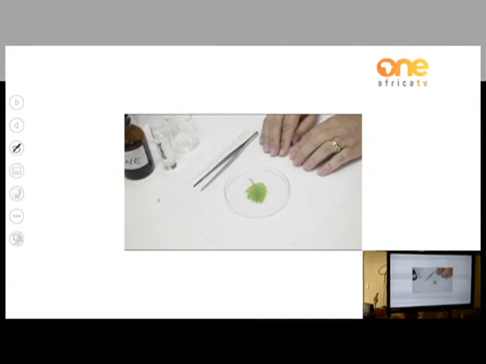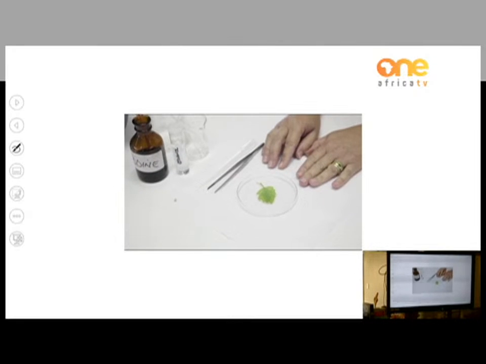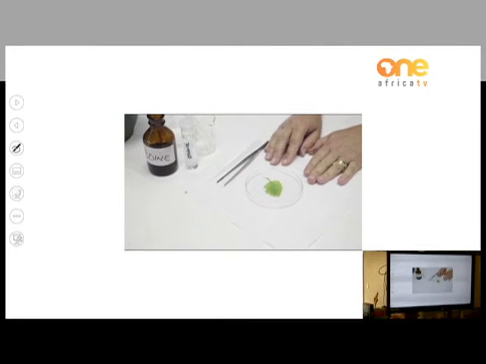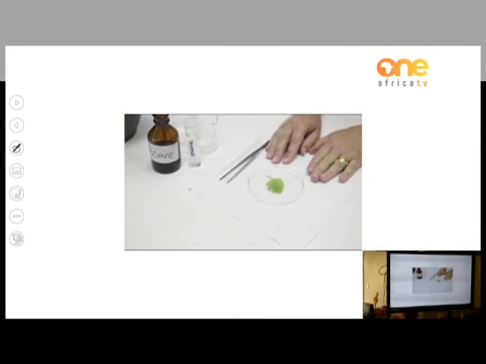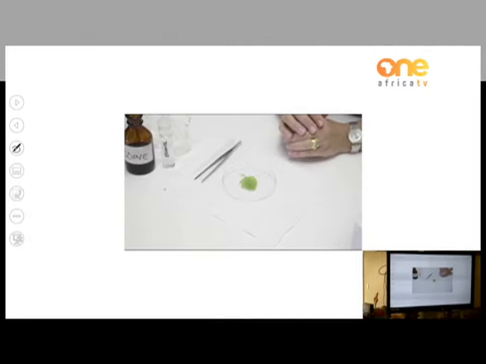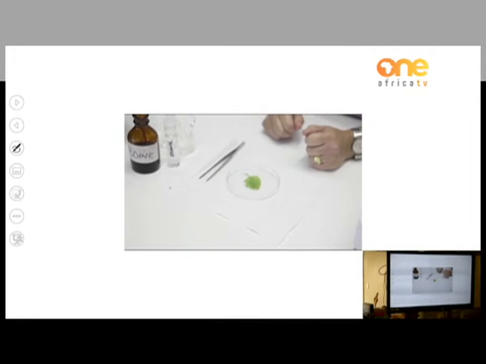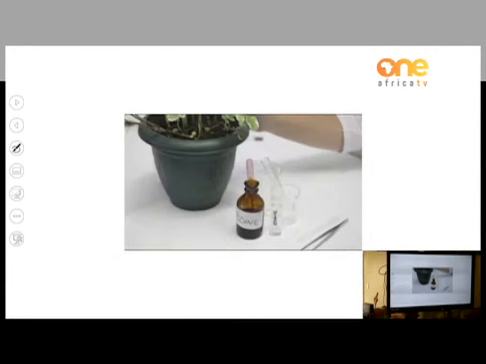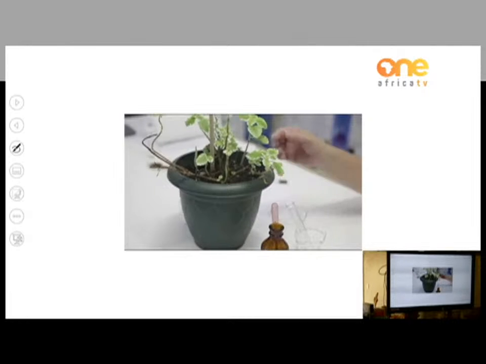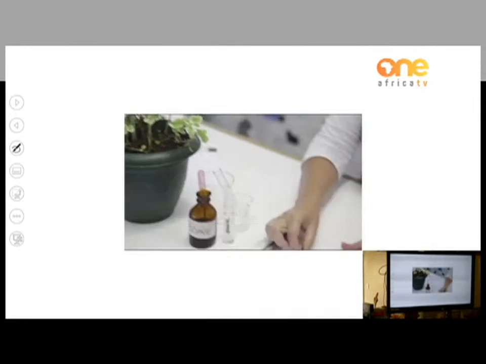Now, what do we need to do to destarch this pot plant? We would have to place it into a dark cupboard for about 48 hours to ensure that all the starch that has been produced previously will have been used up, even in the parts that would maybe be in the non-colored parts of the leaf. Once we have left this pot plant outside for a few hours, I will then pick one of the leaves